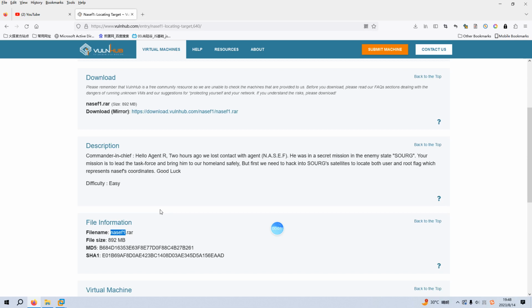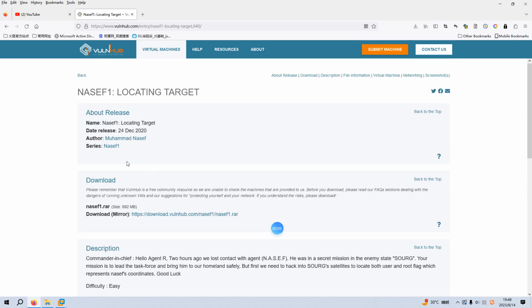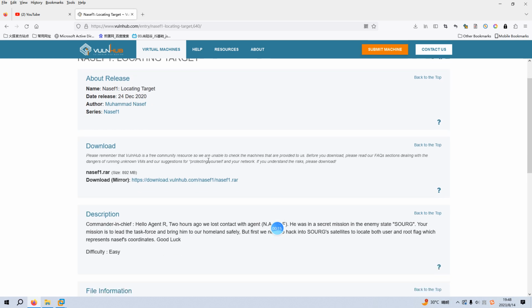Okay, we are back. Today, I'd like to continue our series on Vulnhub. The virtual machine would be Nasef 1, locating target. I will add the link into the description section below so that you can download the